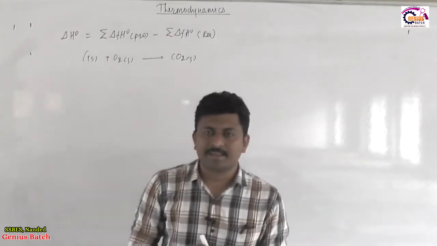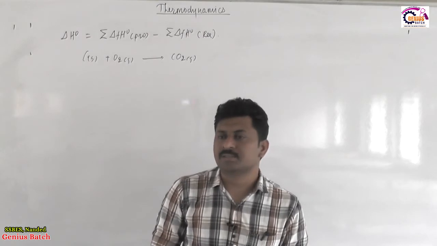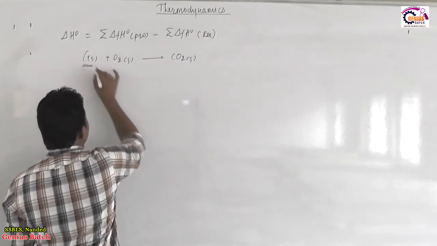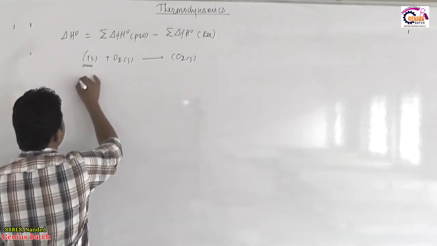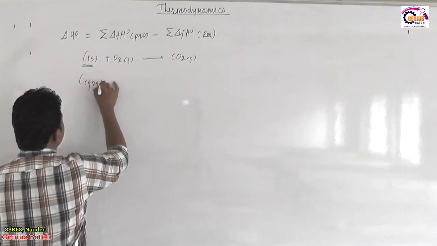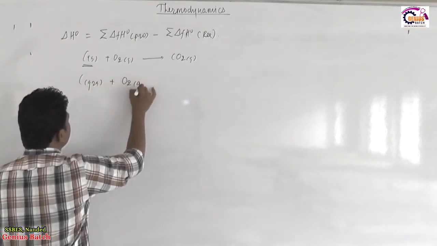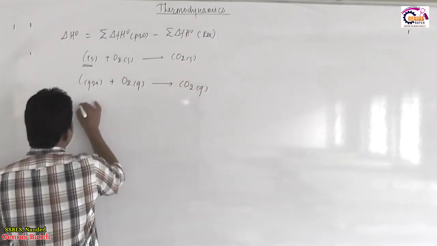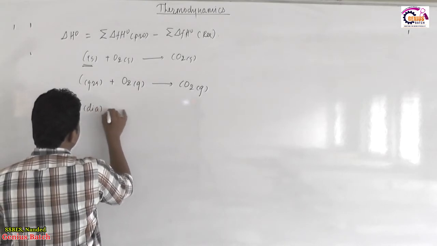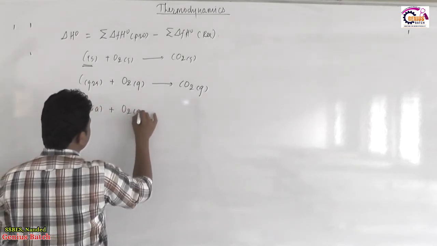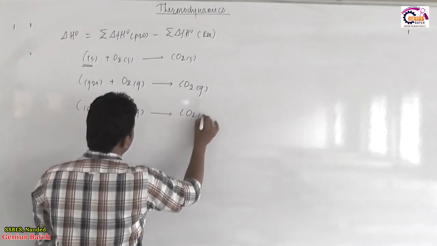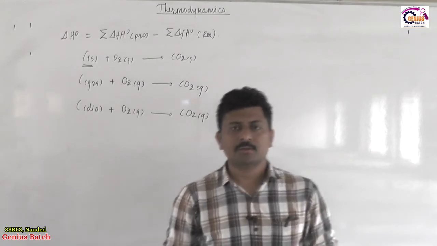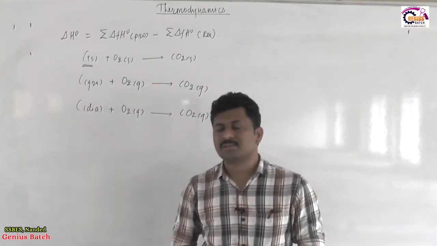So it is clear that all the components are in a standard form, but the point is that carbon has several allotropic forms. If it is mentioned that carbon in a graphite state combines with molecular oxygen and is converted to CO2, which is gaseous, and another is carbon in a diamond state combining with oxygen gas and converted to CO2, we might be confused about which one of these two is a standard equation, or whether both of these are standard equations.